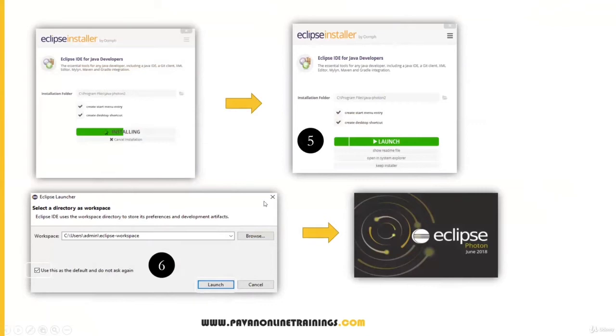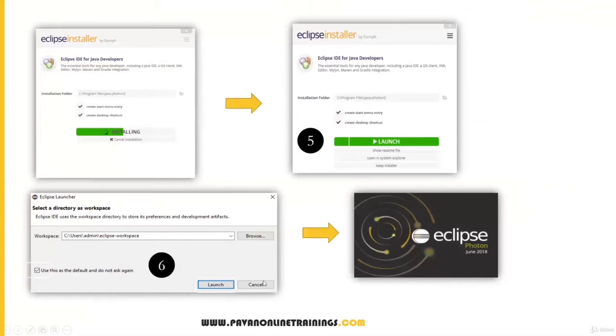Workspace means all your Java projects, Java code, programs, everything you do in Eclipse will be stored in this particular location. If you want to change this workspace location, you can also change it. Select this checkbox the first time, because otherwise every time you open your Eclipse it will ask you for the workspace. If you don't want it to ask like this, just select this checkbox and click on launch.